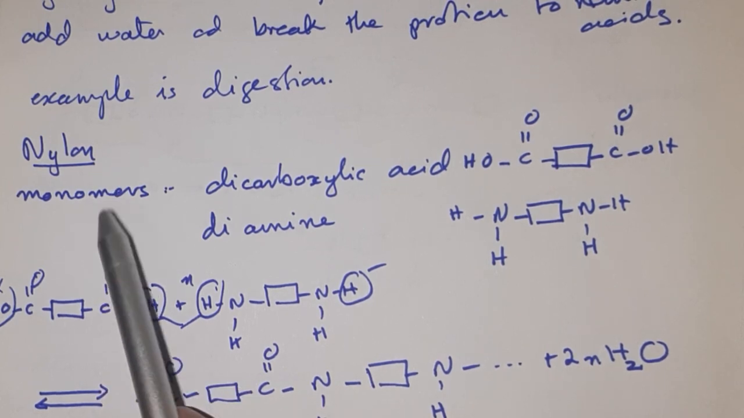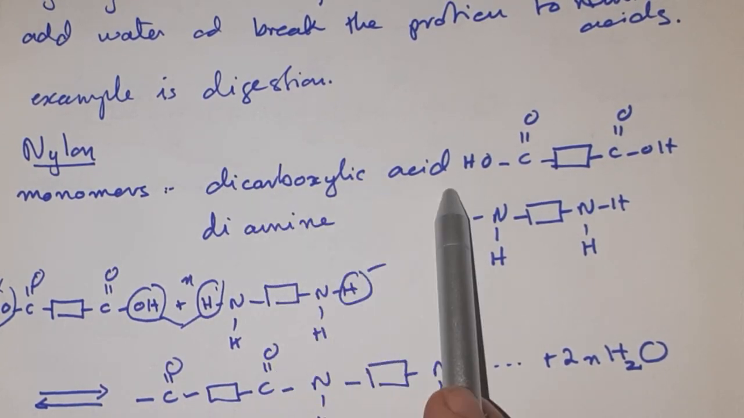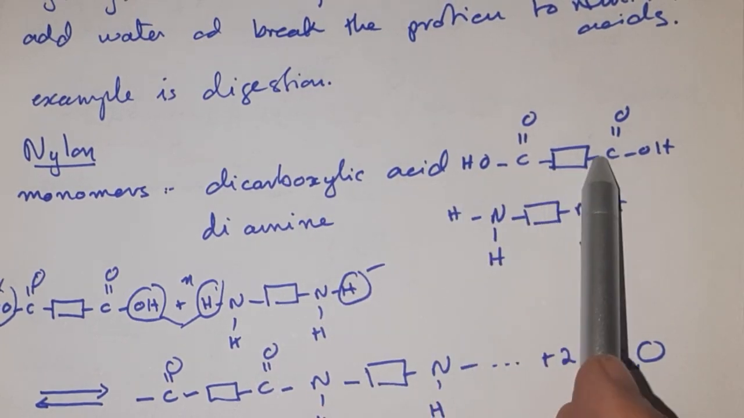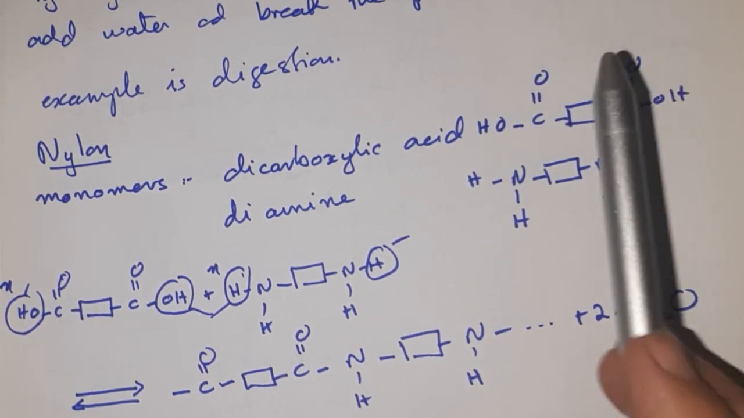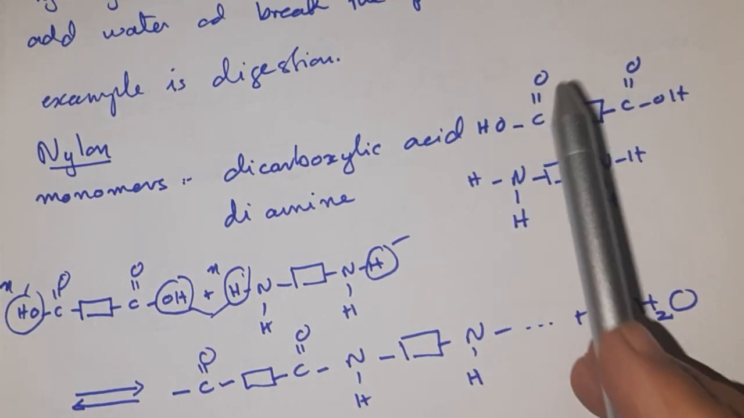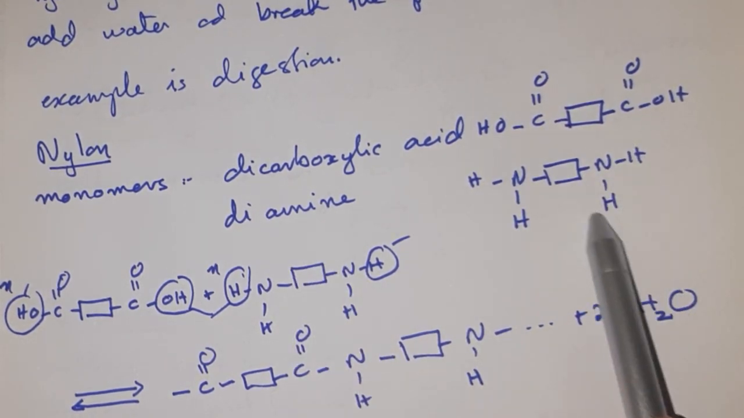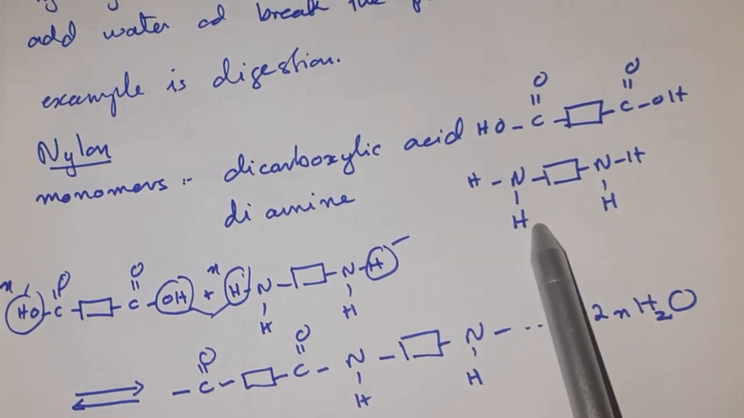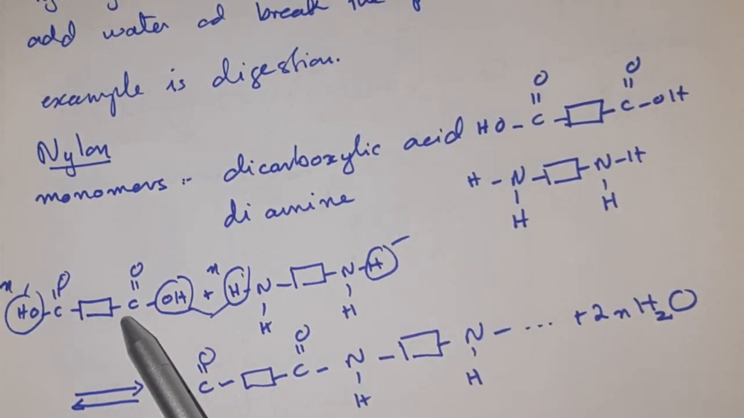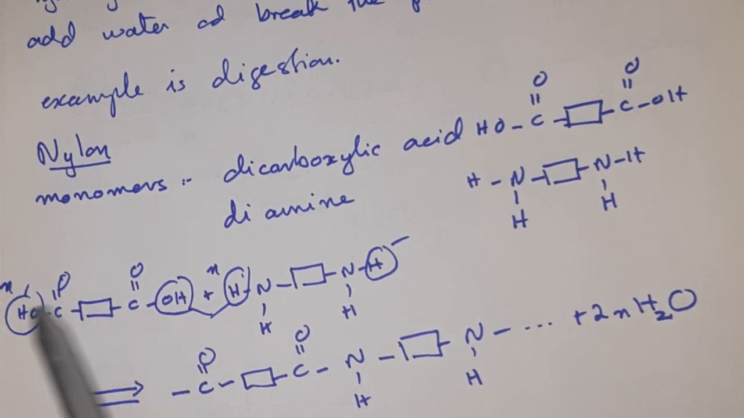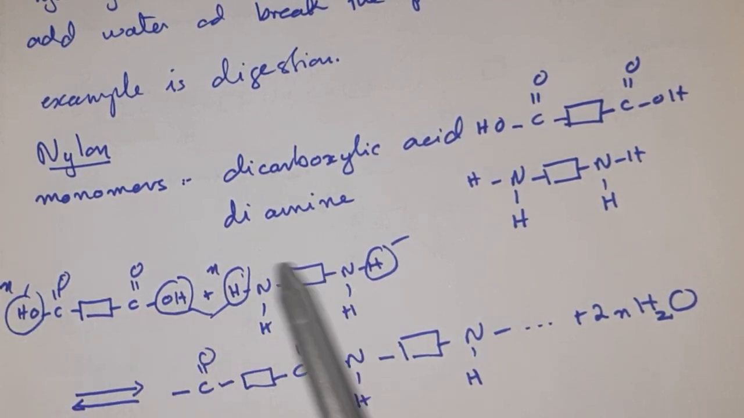Its monomers are dicarboxylic acid and diamine. In the dicarboxylic acid, you can see one carboxylic acid on one side and another on the other side. In the diamine, di means two, so one amino group on this side and one amino group on this side. When they condense together, n number of dicarboxylic acids and n number of diamines,